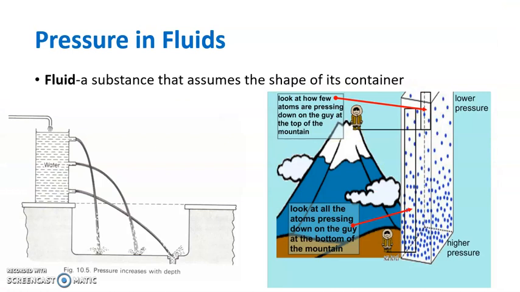Going back a little bit to pressure in fluids. So a fluid, by definition, is a substance that takes the shape of its container. So if you take just a water bottle and you seal it up with no water in it, you're like, well, there's no fluid in there. Well, actually, air is a fluid. It's taking the shape of that. So if you squeeze that water bottle, you can feel the pressure of that air. We see it more evidently when we actually have water in our water bottle, and the pressure that it receives